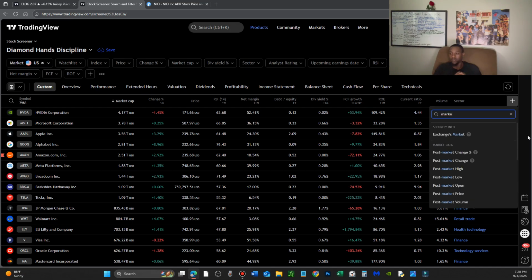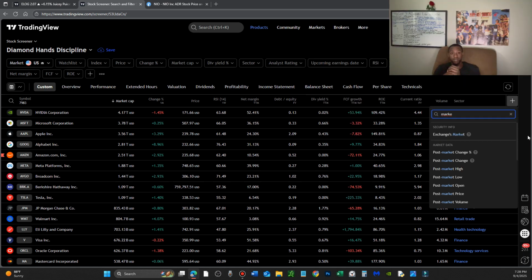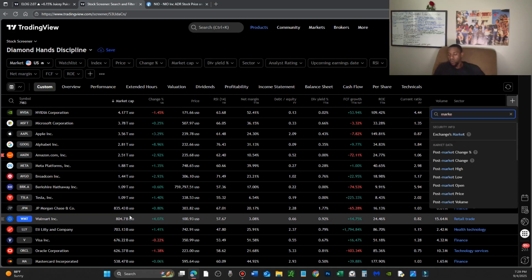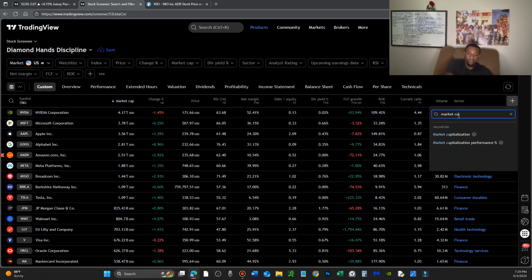Market cap is important because it's gonna show you how valuable the company is on the stock market. You know what I'm saying? Nvidia is the most valuable company on the stock market. It's worth $4 trillion. Then we got Microsoft, Apple, got Walmart at $804 billion. Then you wanna add all of these names. So add market cap, boom, add